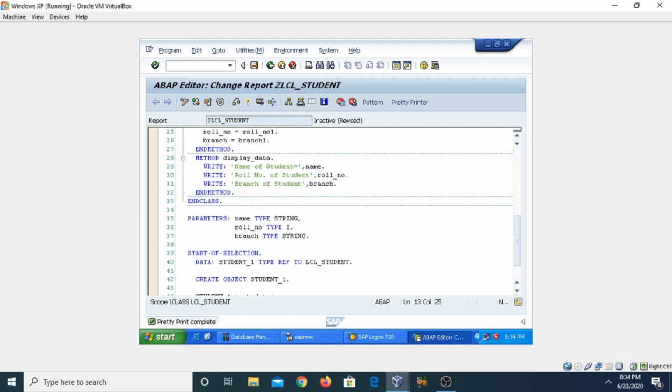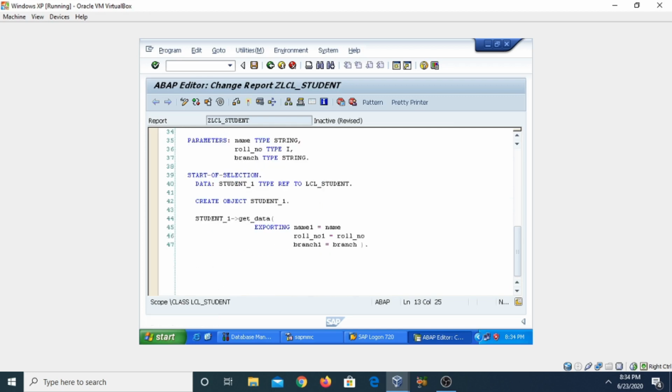Now if you want to display these values on the screen, we need to call the display_data method. So we can call it in a similar way. For this first object, student_1, then the member access operator, then call the method display_data. So in this way you can call the other method.